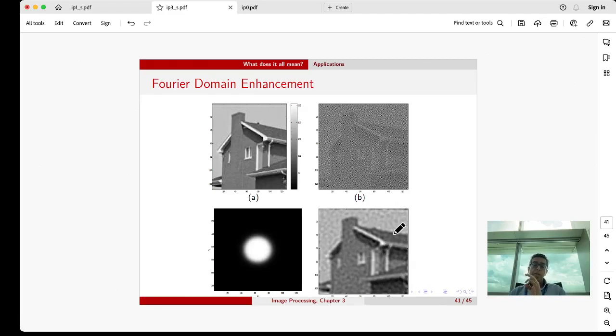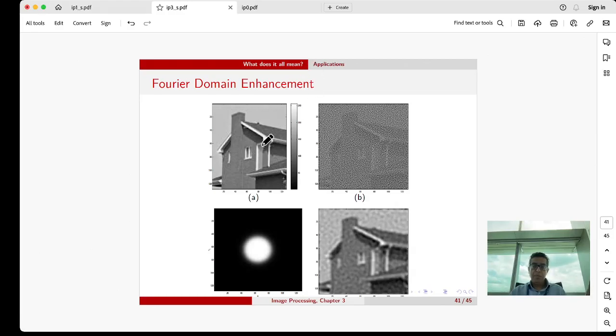And so you can see that the house is quite visible. So this is a nifty thing, and it relies on the fact that here the noise is added to every pixel and distributed all the way through image space, whereas in Fourier space, the spatial structures of the house tend to occupy the smaller, inner region of Fourier space. The noise, on the other hand, despite being spatially correlated, occupies a much greater range of Fourier space than the